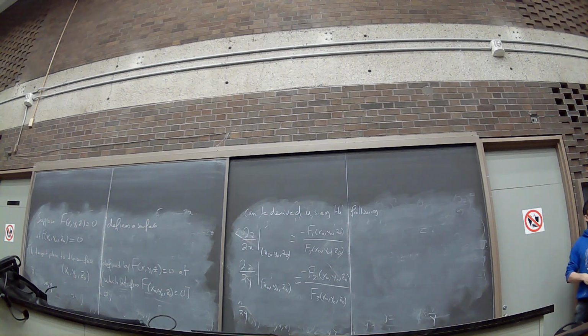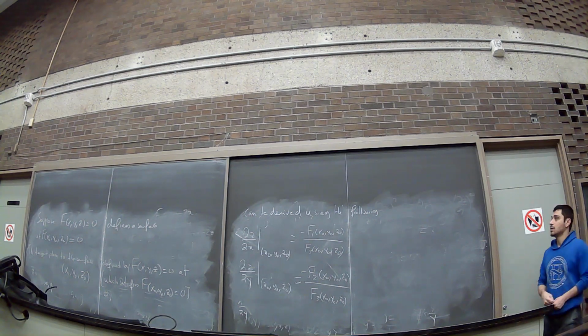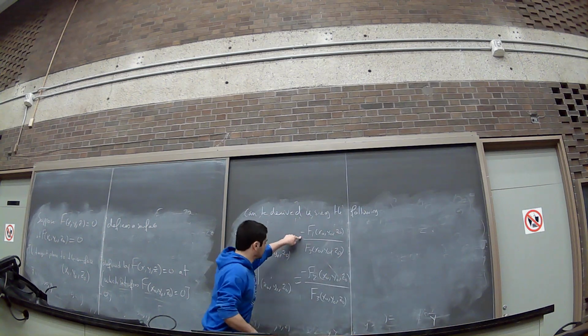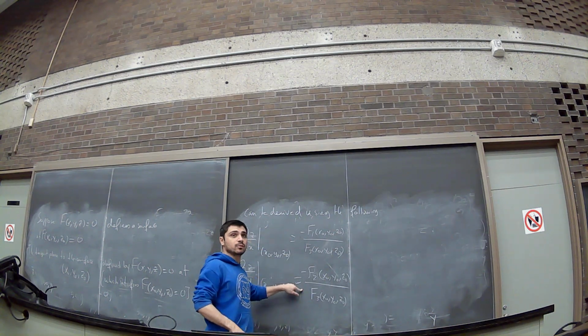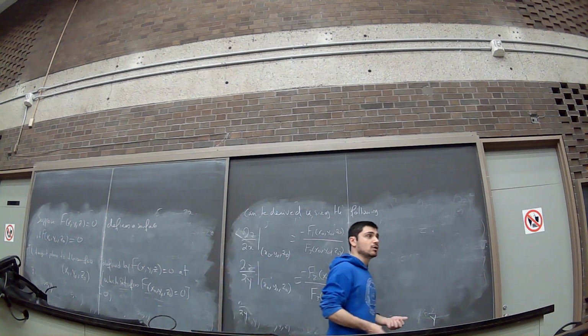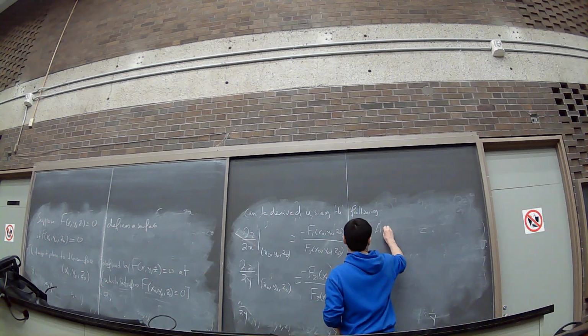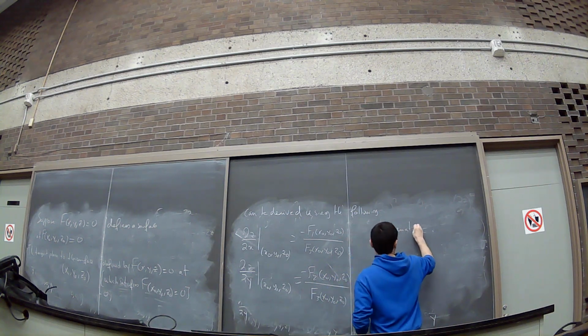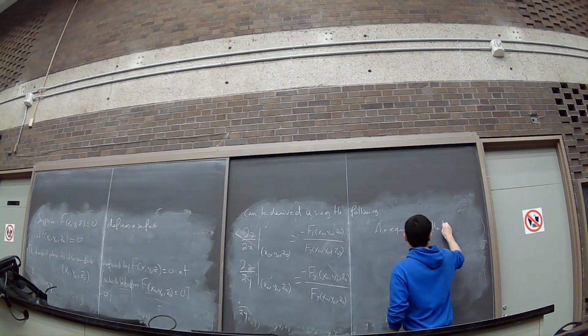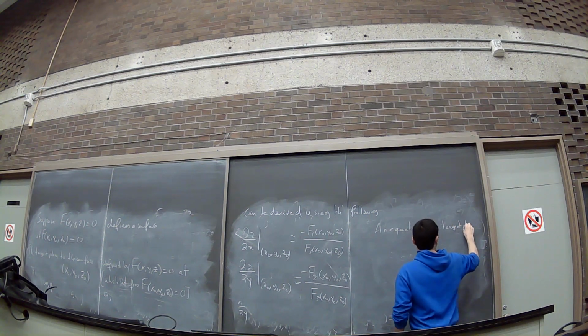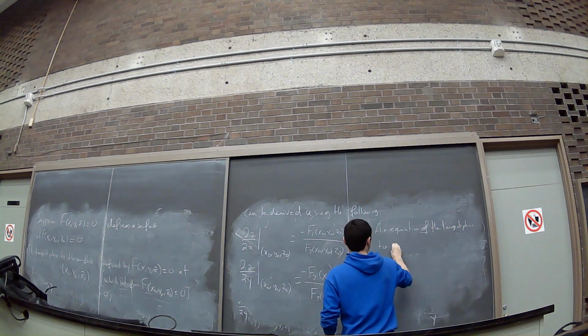Now, how do I find the tangent plane to this surface? What's the normal vector to my surface at the point x0, y0, z0? It's del z del x at the point, del z del y at the point, and what as well? Minus 1. Right? So how do I find an equation of the tangent plane to my surface? An equation of the tangent plane is equal to what? N of the tangent plane to